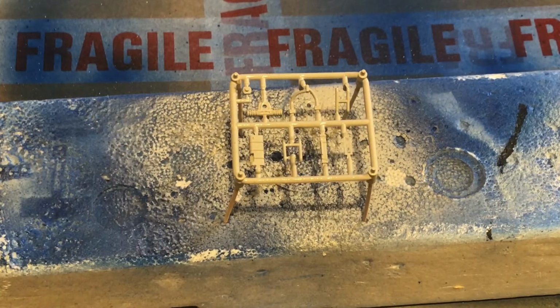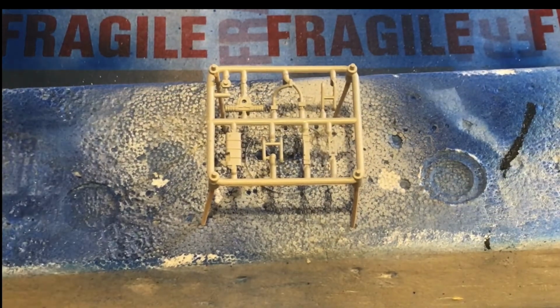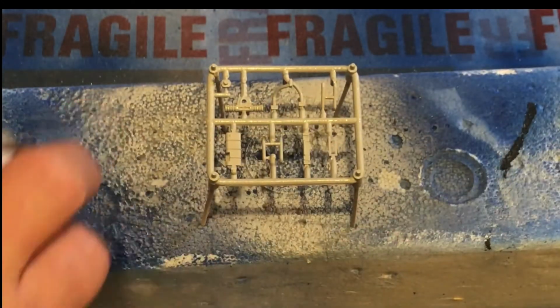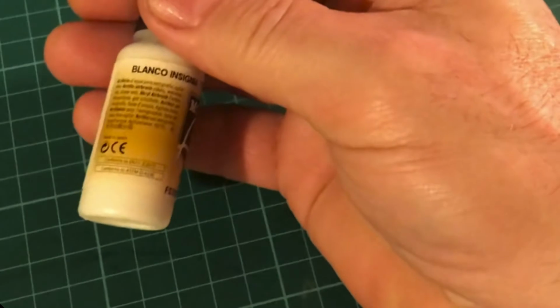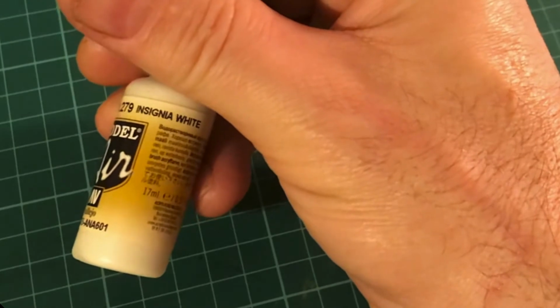So we'll leave that 15 minutes and we'll come right back. Here we go, quick one, another coat of the old primer. And that's us done, and then we'll paint it with the AS20, or failing that, I've got some other paint that I will use. So I'll be right back. Okay, after looking around, I can't find any of the Tamiya AS20, so we're going to use this from Vallejo, which is insignia white,